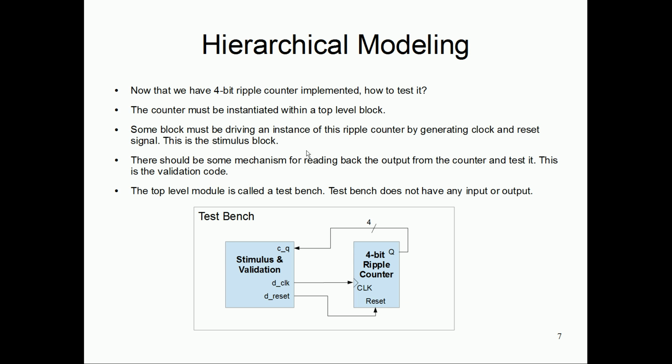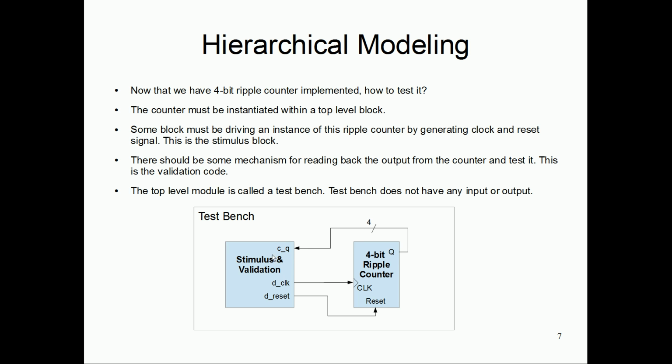There must be another block which drives the clock and the reset signal with certain patterns, and the output from the ripple counter must be taken into some observation. We need to observe whether it is doing its function correctly or not. It can be a visual confirmation or an automated test, but whatever it is, the output has to be consumed by some part in the Verilog